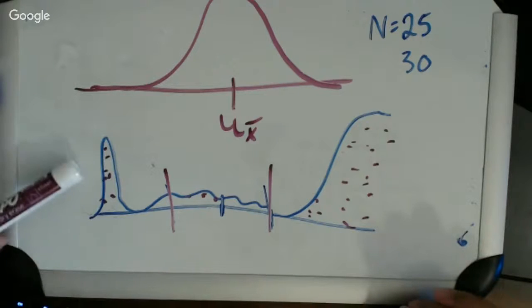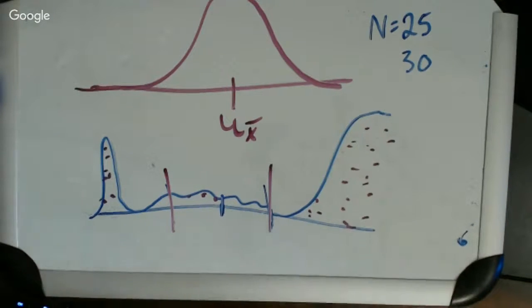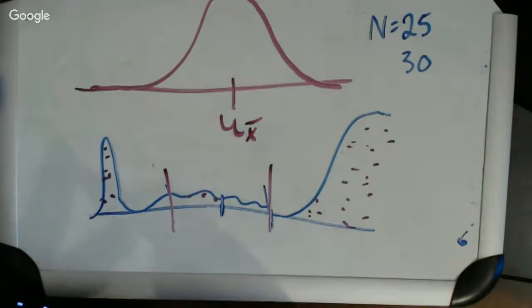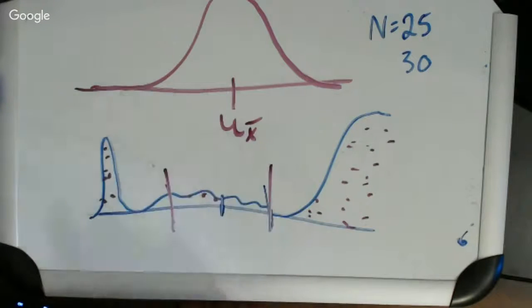And that might not be true at the population level as far as individual human beings. These are people who know a lot, these are people who know nothing. But if we sample from everybody and then take an average of the people we've sampled, and plot where those averages are, they look normal. And you can see this